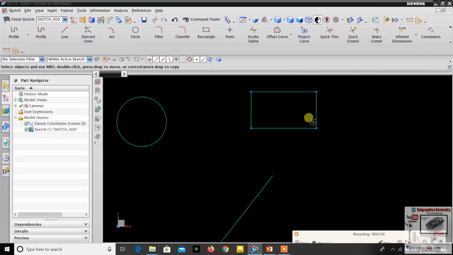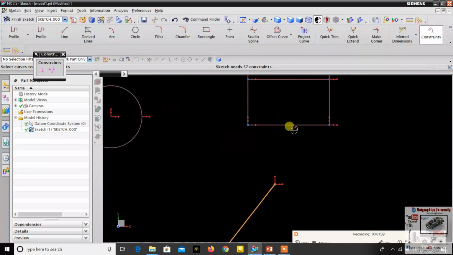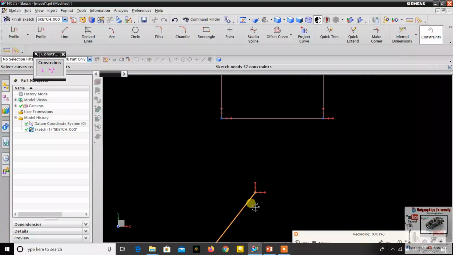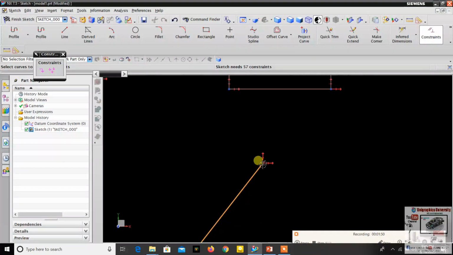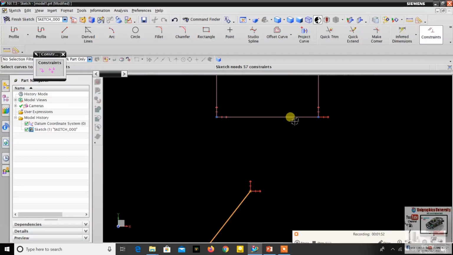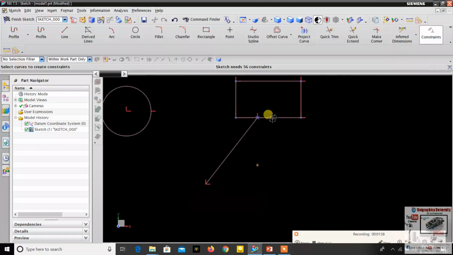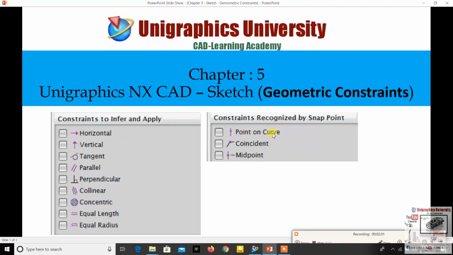You select the endpoint, then select constraint, then select the line to which you want to move this endpoint. So I select this line because I want to change this endpoint to this line. Then press point and curve. So the endpoint will be changed to this point and curve. So this is about the point and curve constraint.